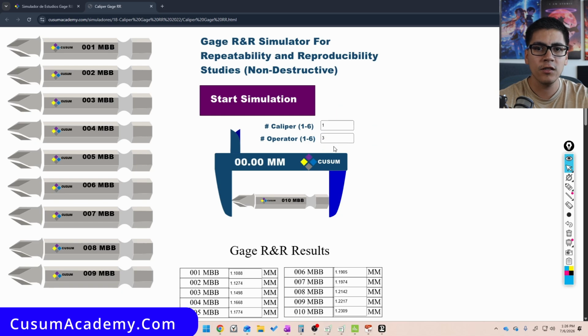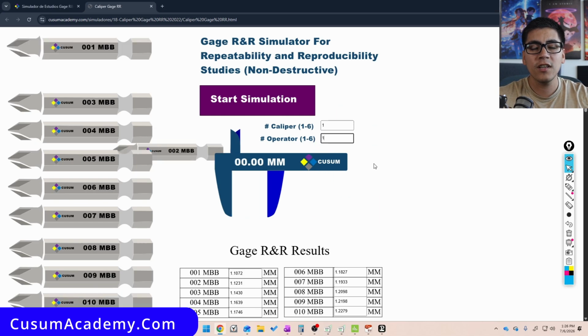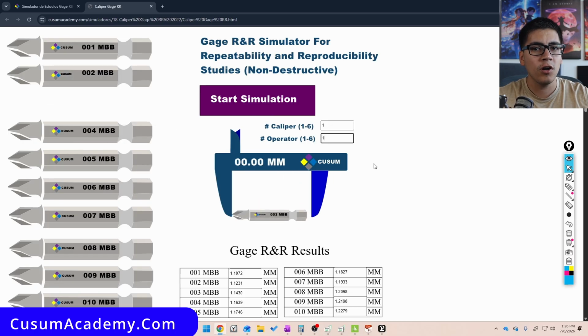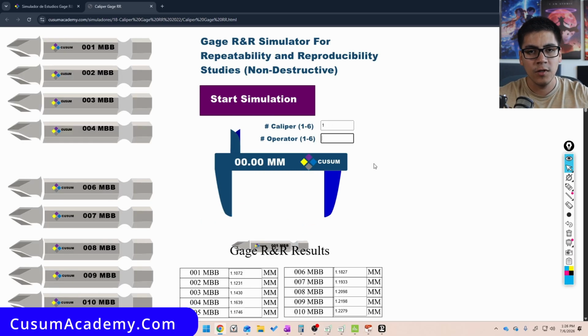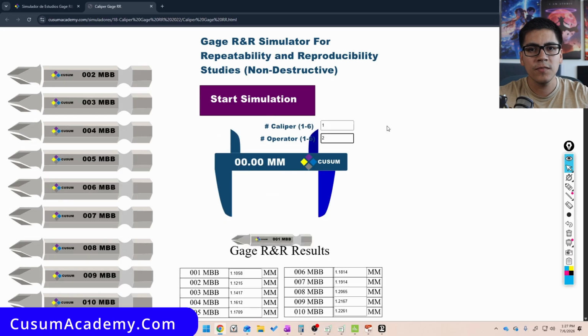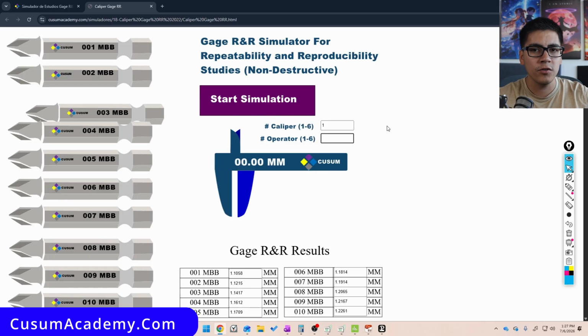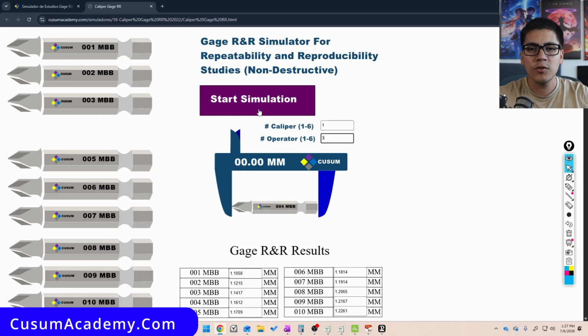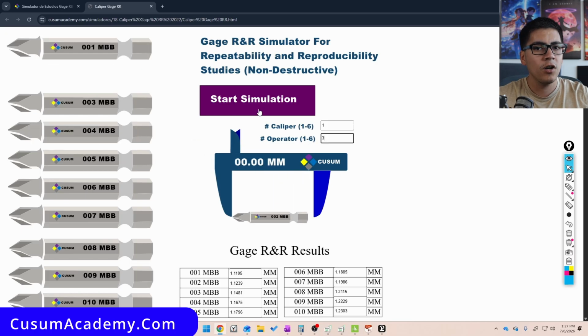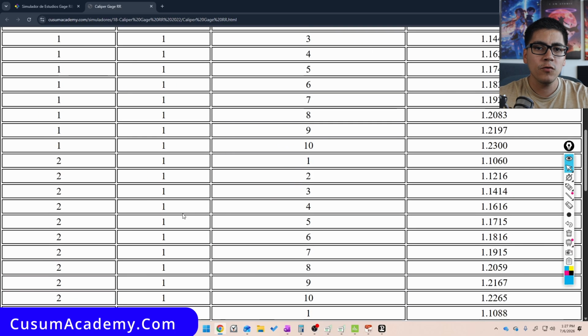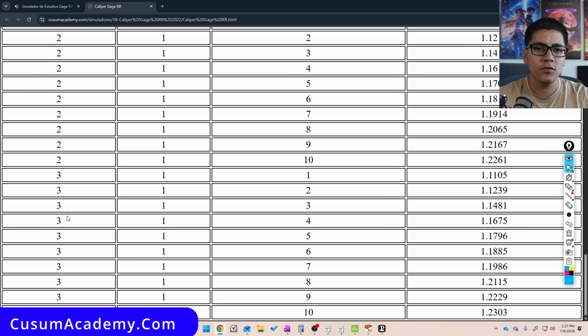I will now clear out this operator number and type in 1 again. So this is going to be the second repetition of operator number 1. I'll change this to a number 2, second repetition of operator 2, and I'll change this to a number 3, second repetition of operator 3. So far, I have 60 results, and you can tell which operator measured the unit in this column right here